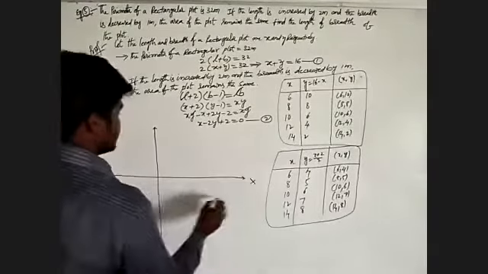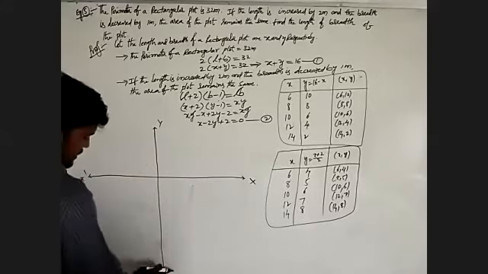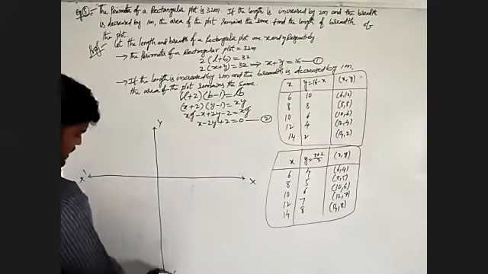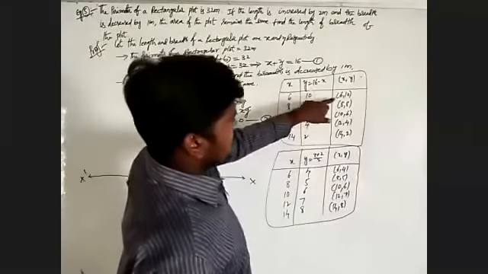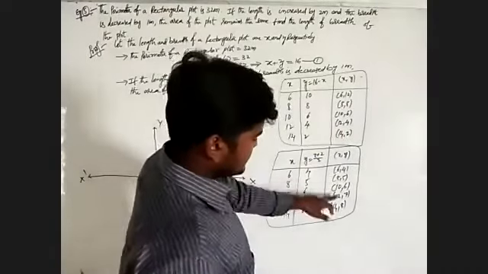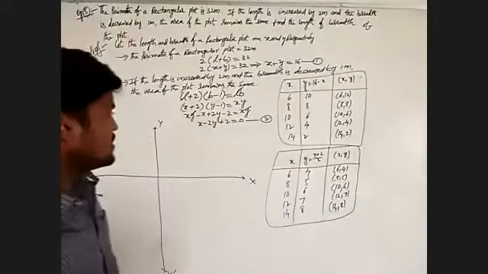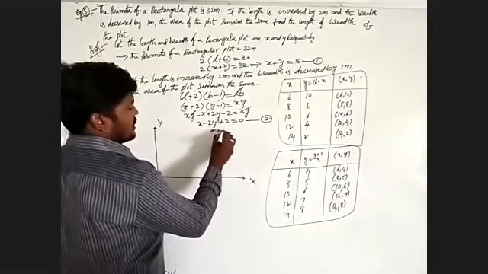Name this one x, this is x dash, and this one is y, this is y dash. We observe the x-axis coordinate values are 6, 8, 10, 12, 14, as well as 6, 8, 10, 12, 14. That means we have to take on the x-axis